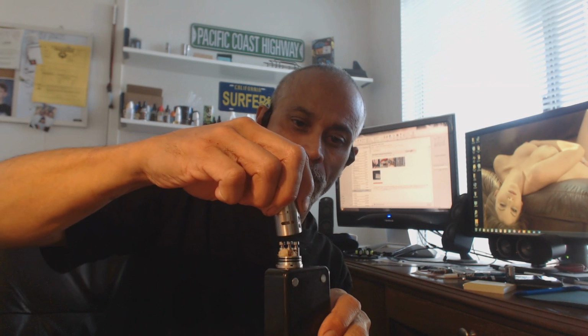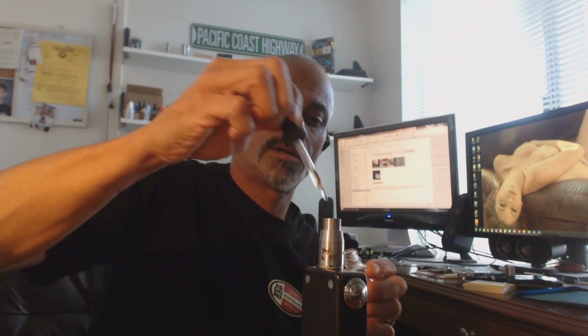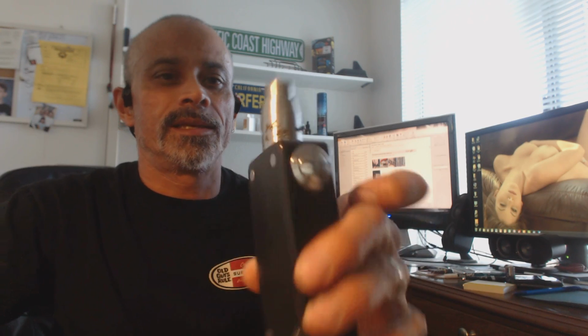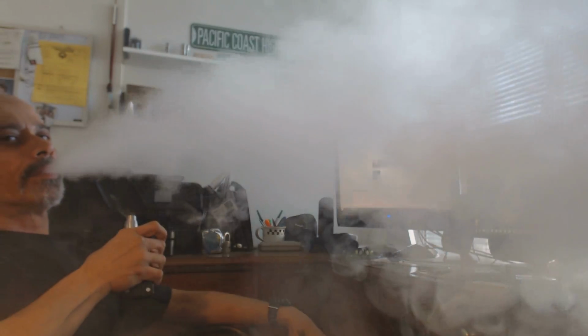Okay, let me clean up my contacts here, make sure everything is good. Put it back together and vape again. Pour juice in there. Really cool thing about the chuff cap is you can juice through the top and keep all your coil away. Very, very